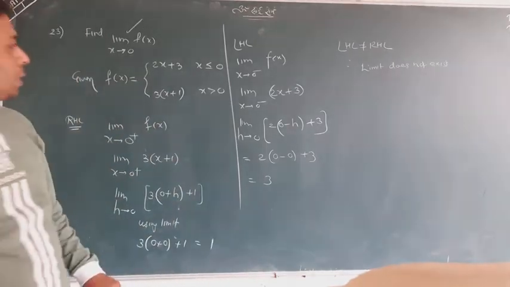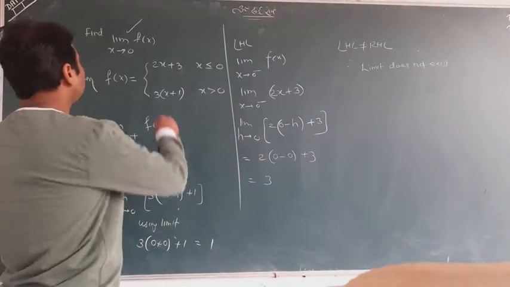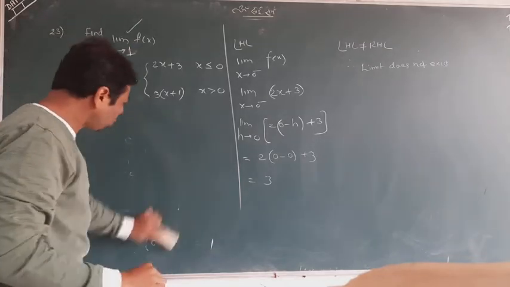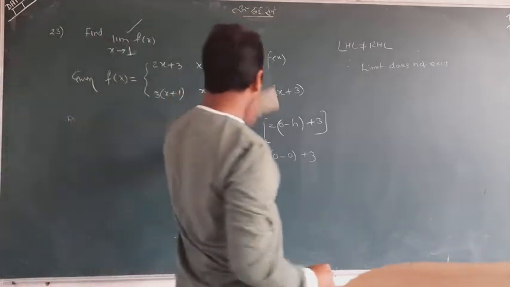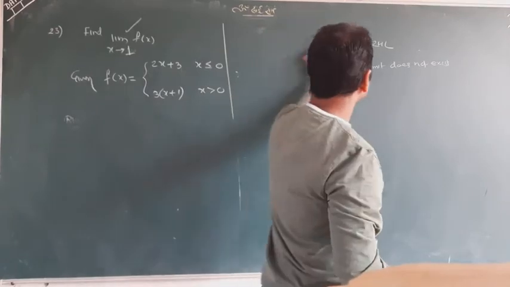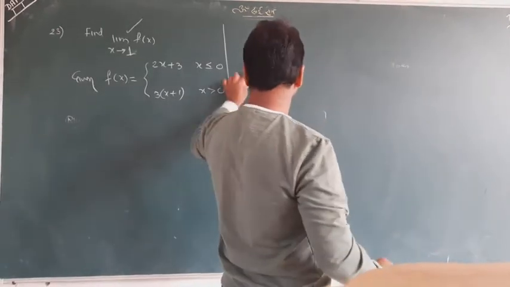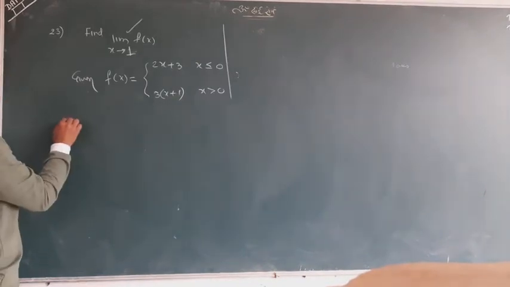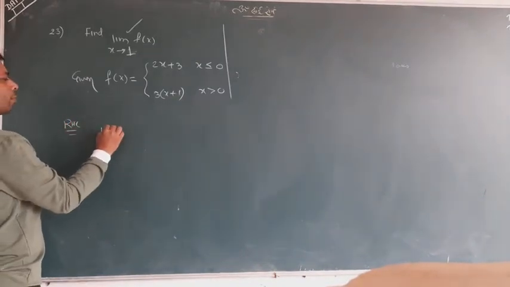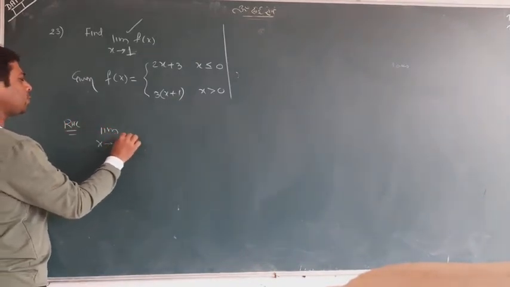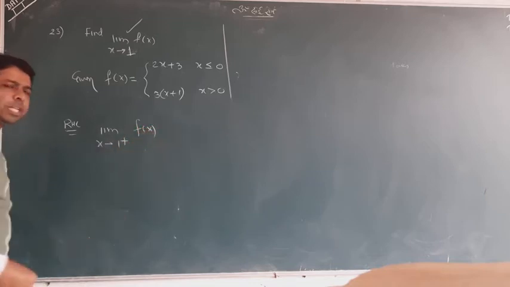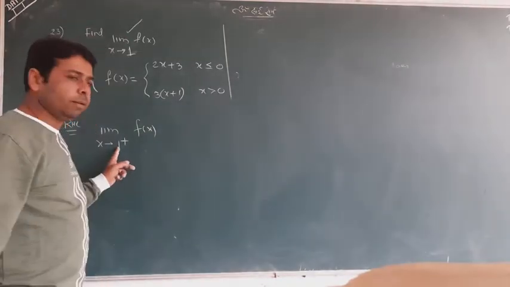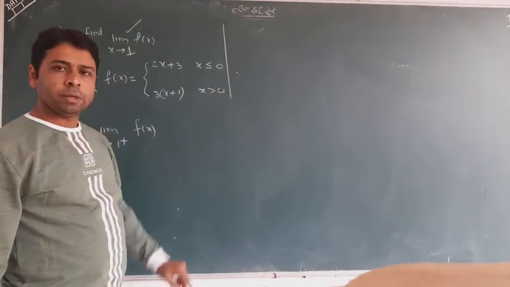Now, for the second question we are told: limit x tends to 1. This is an interesting question, let me explain how it can be done. This time again you will take both limits one by one, the right hand limit, limit x tends to 1 plus of the function. This time students get confused. I tell you one thing: this is 1, but this is not 0.